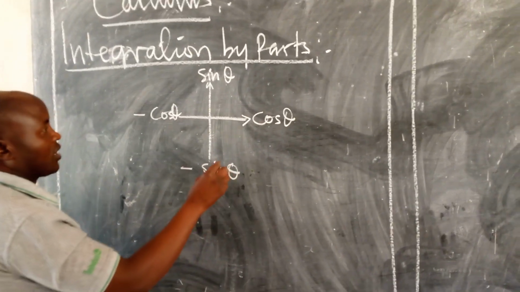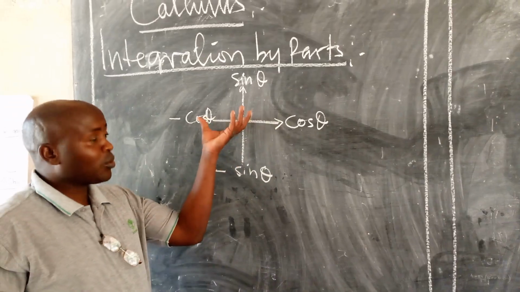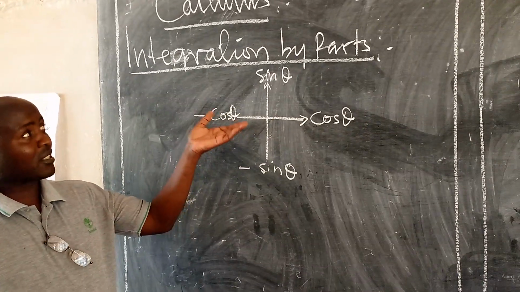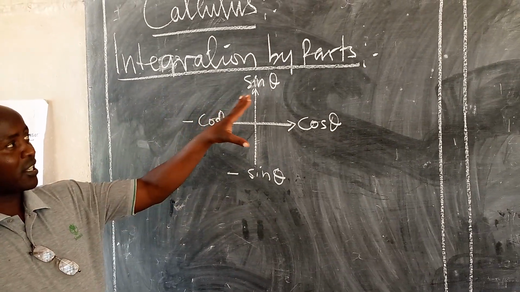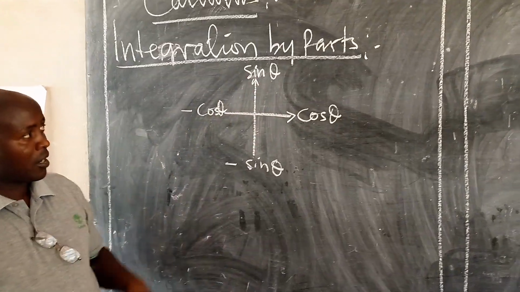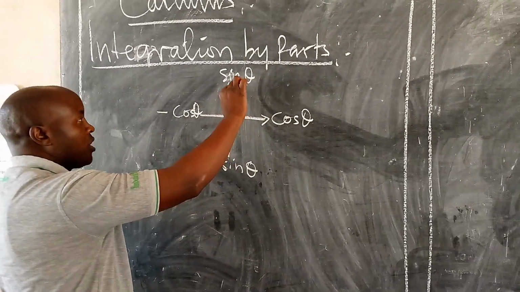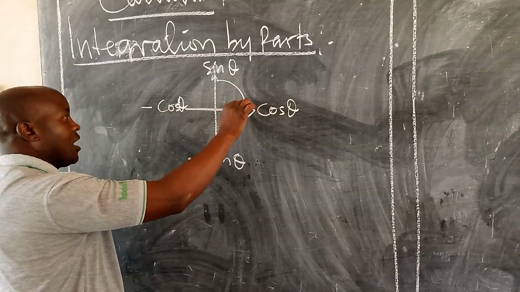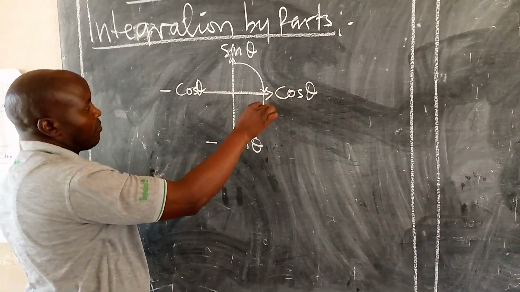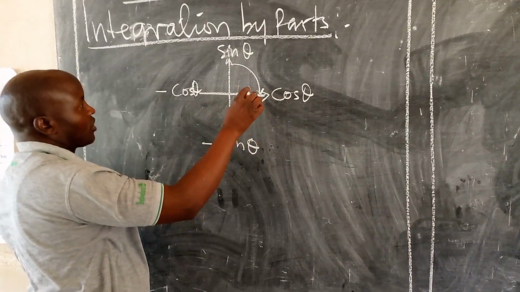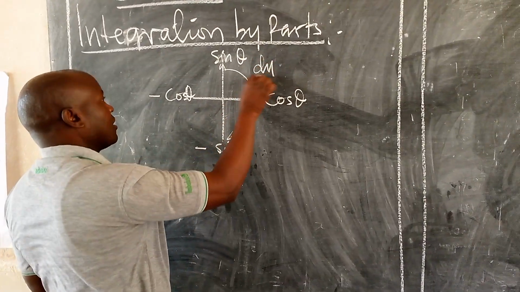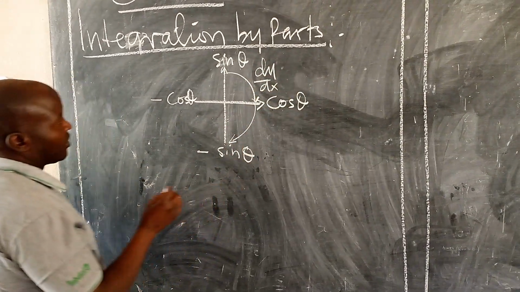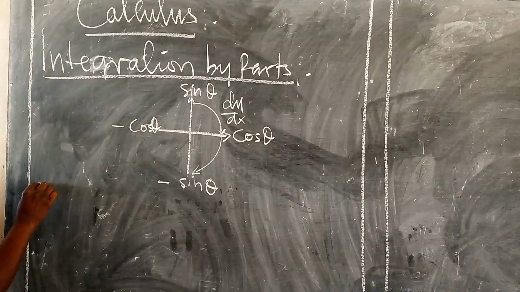What am I trying to say? I'm saying when it comes to calculus, first of all, we have to understand how these things behave. When I'm moving clockwise, this clockwise is dy dx. What it means is, for example, when I say